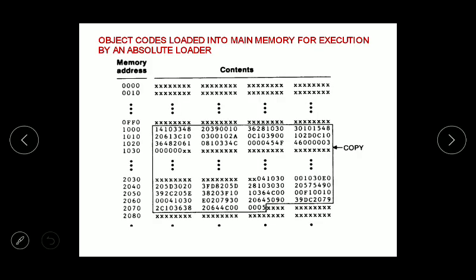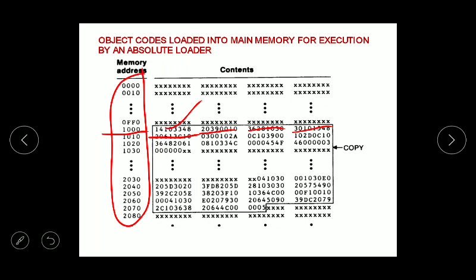Now this is the snapshot of the main memory as seen by the loader. You can see the memory addresses starting from 0. According to the copy program, let us consider the starting address as 1000. From 1000 you can see the object codes. This is the first object code, 14103348. I think it is the object code of STL return address, followed by its second object code,